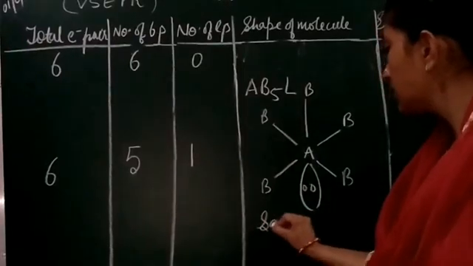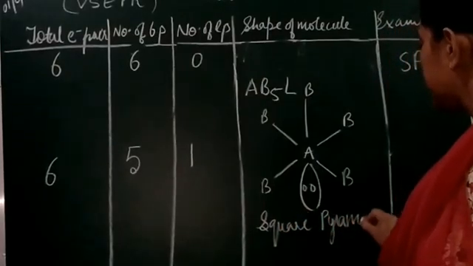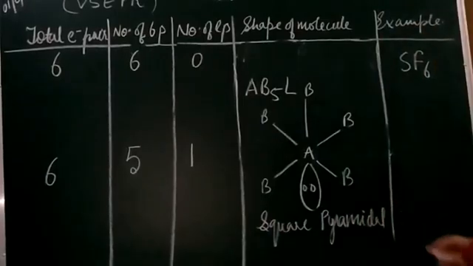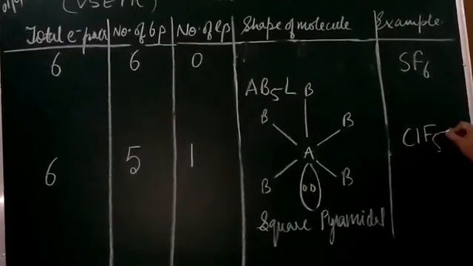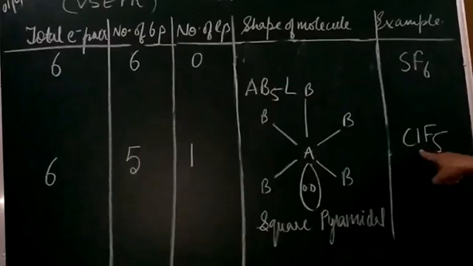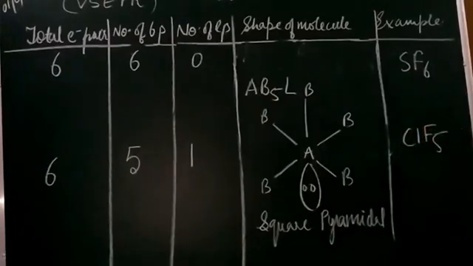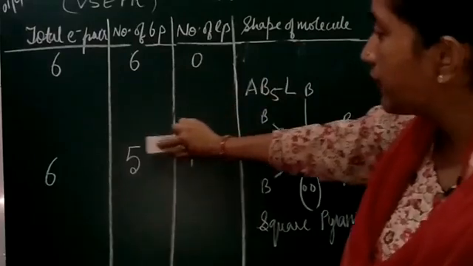So this is the shape, square pyramidal, and it is being found in ClF5. So from here it is clearly visible that the 5 bonds are there, right? So on chlorine we will have 1 lone pair left. Yes, students. So the possible shape is the square pyramidal. Now, students, this was about the square pyramidal shape. Now, the next type, when we have